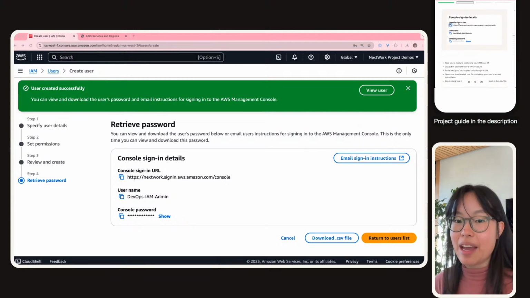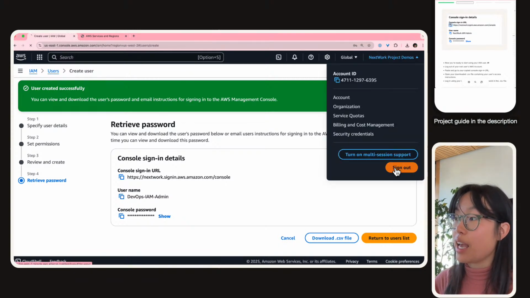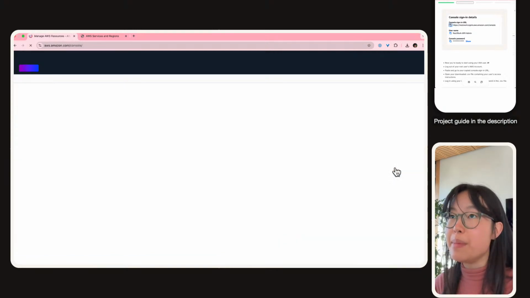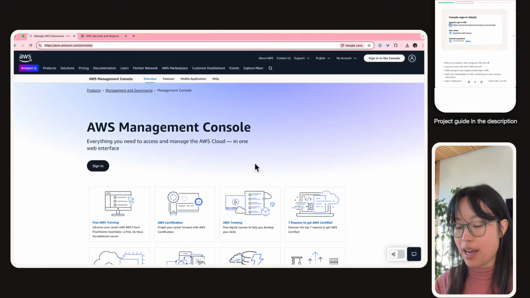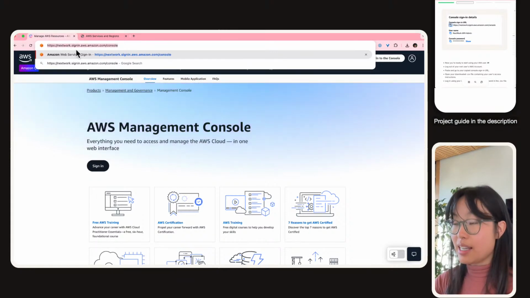Okay, so I've downloaded that file now, and you can actually sign in as your admin user now. Your admin user has a different set of login details, which you have just set up. So what you're going to do is log out. You don't want to be in your root user. You want to minimize the amount of time you're in that root user account. Log out as soon as you can, and now with the login URL that you copied, sign back into the